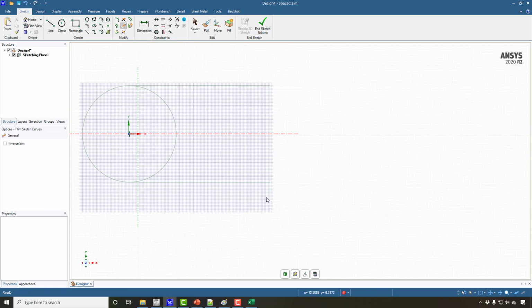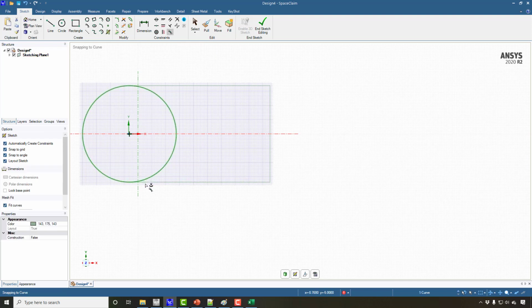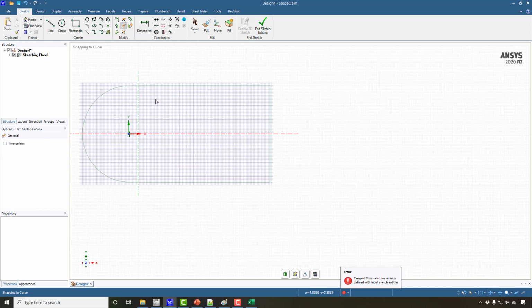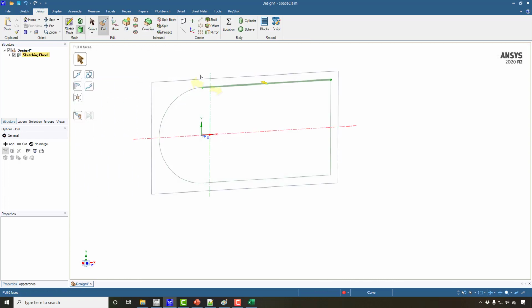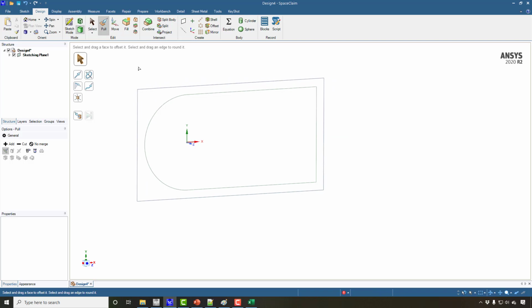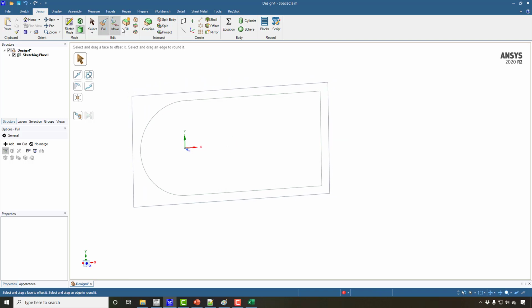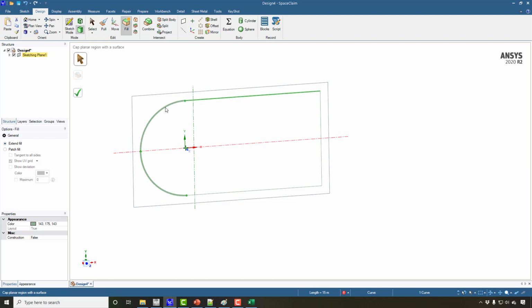And now I will choose trim away and delete extra parts here, and again I will try to make this line a tangent. So let me check it. It is already applied, so I will just remove the extra parts, and now this is the geometry for me. And this geometry has only curves, and for that I will again use a fill command and choose all these 4 lines.